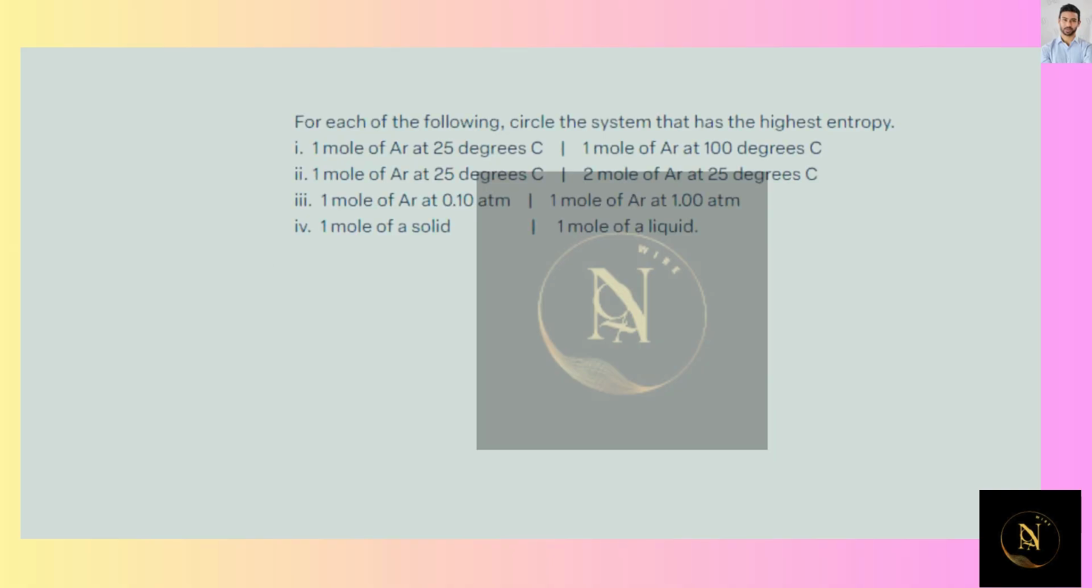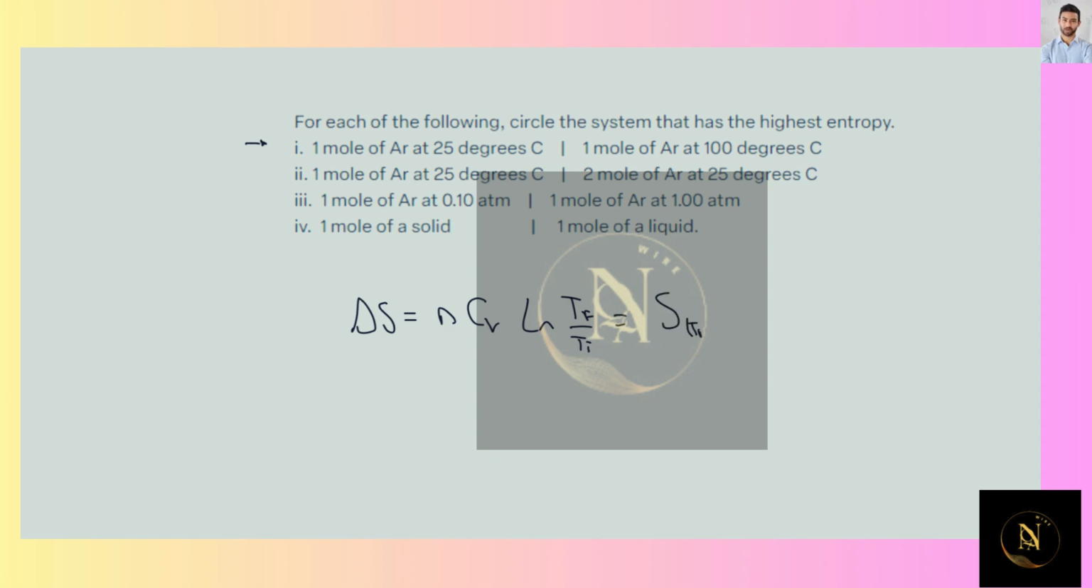Hi, so over here we want to calculate which system is going to have the highest entropy. For the first case, we're going to directly employ the expression that delta S, for a change of temperature for an ideal gas, would be equal to nCv logarithm of final temperature over initial temperature. If this value is going to be positive, that means that the entropy